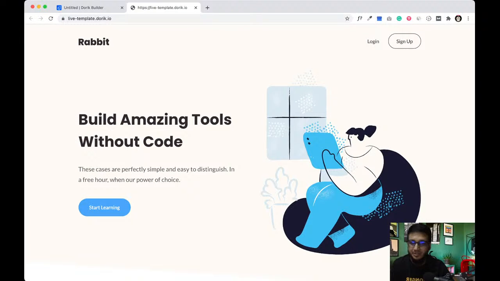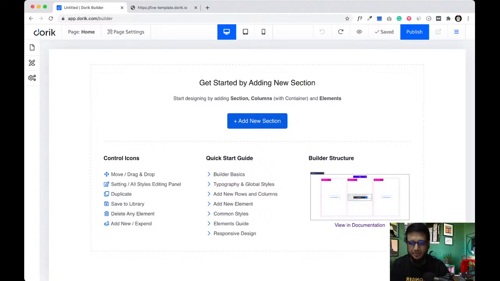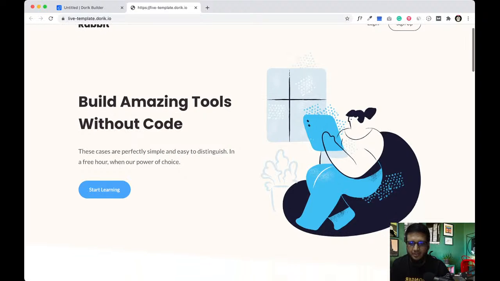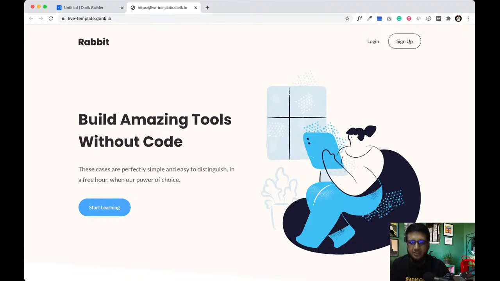To build this template, we first need to add a navigation, then another section. As you know, you have to add a section to add any type of content in the website. I'm gonna add a section to hold this navigation, this text and buttons, and this illustration.